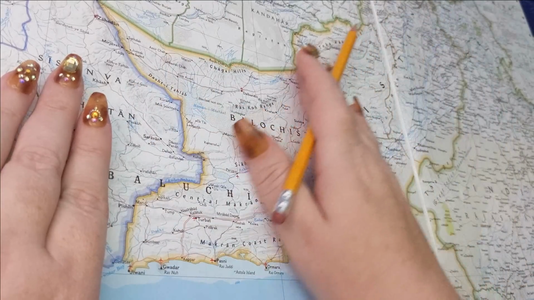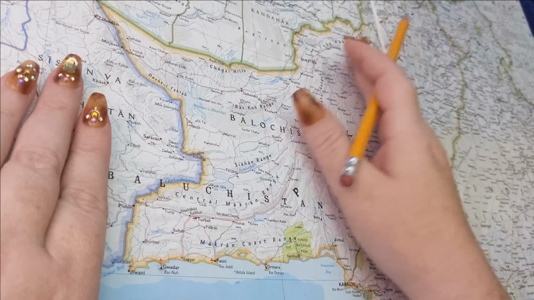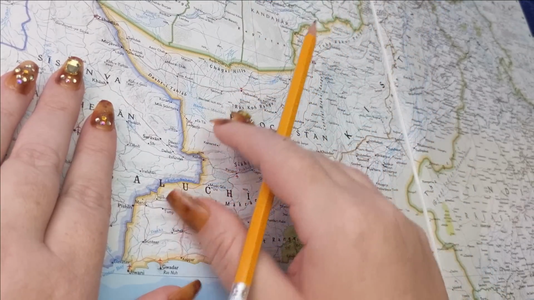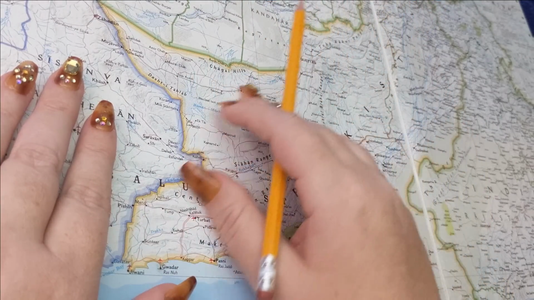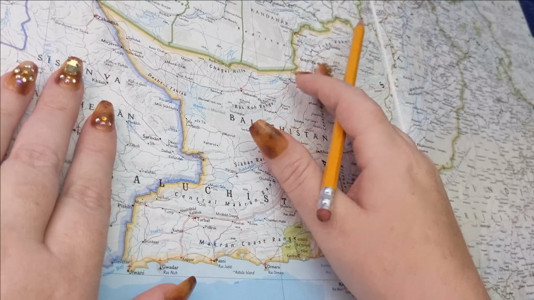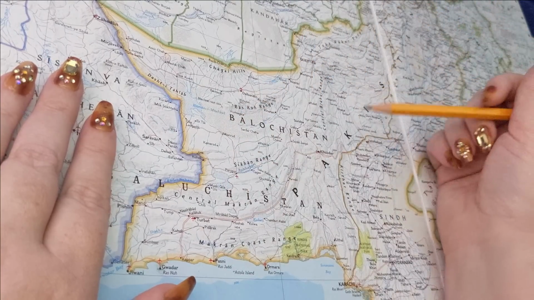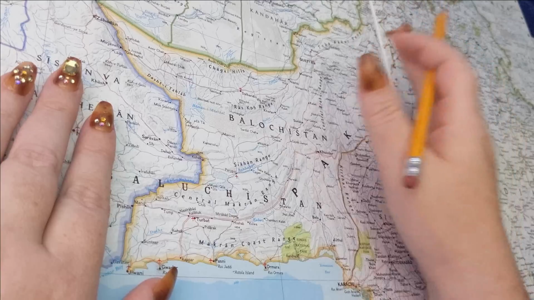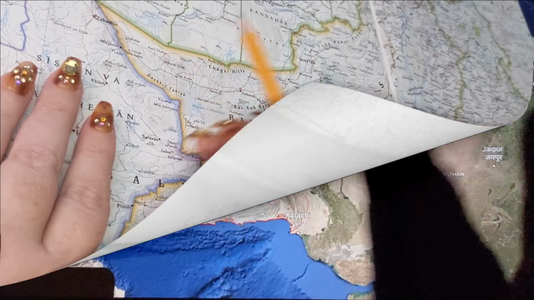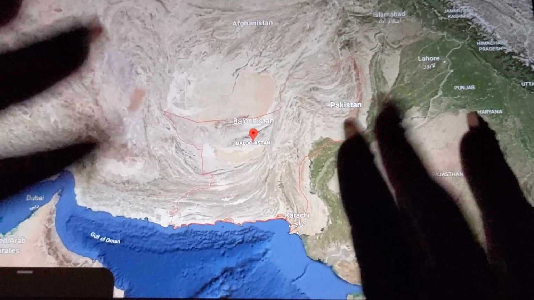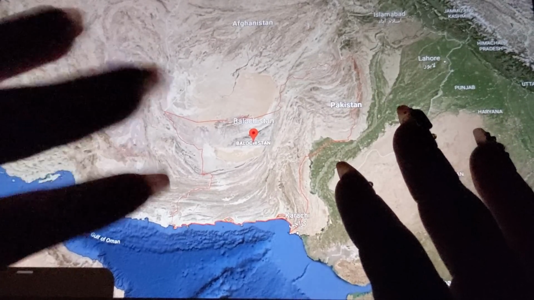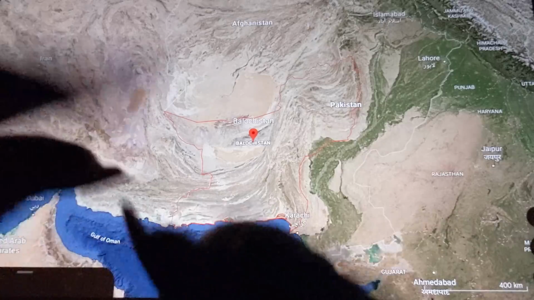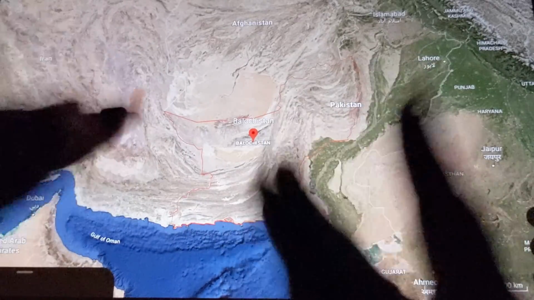I gotta show you on Google Earth. This place is pretty special in terms of its physical geography. There's so many incredible formations here that seem man-made. They are not. It's all natural. So why don't we head over to the tablet and check it out. Here we are in Balochistan. I need to wiggle my fingers extra because I was at a weird angle and half my hand is asleep.